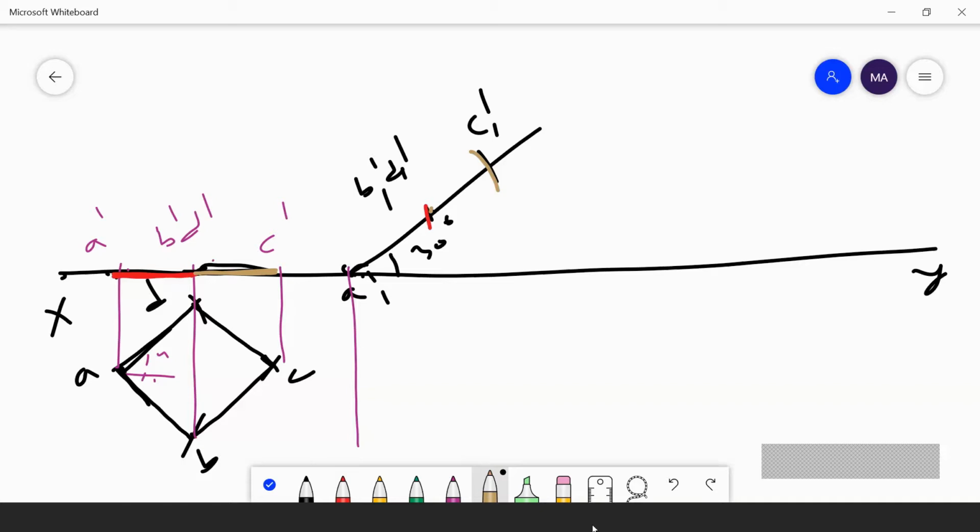How did the dash point come? What is it, ma'am? The A1 dash point we took directly on the reference line. Why? Because here A is on the reference line. Okay, it is touching the ground. A is touching the HT. It is on HT, so we took A directly on the reference line. Okay, it is on the reference line. What happens when you incline? After inclination, it is on the reference line.